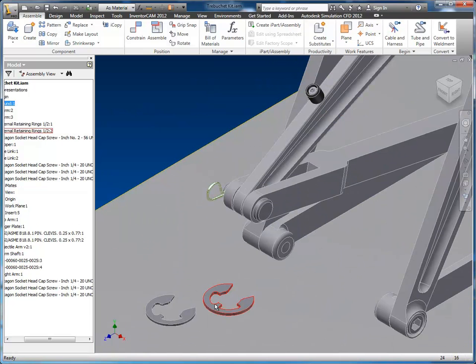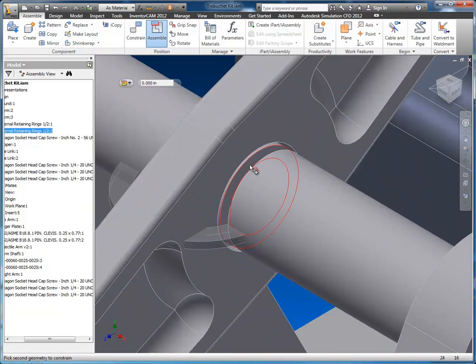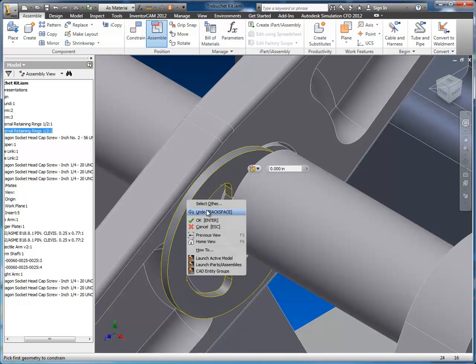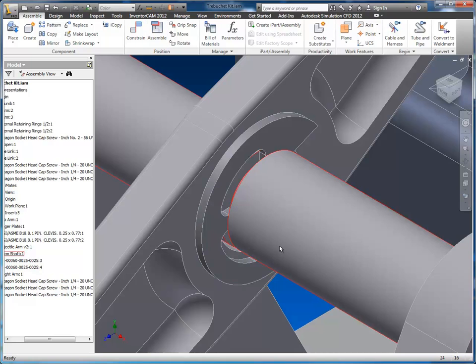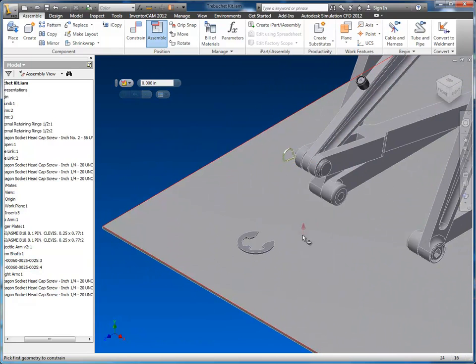Okay. Last but not least, let's go ahead and throw these pins in, these little C-clips in. They fall into this hole. I'm going to temporarily apply that. I'm going to select the center of this, select the axis that goes through the center of that pin, and I'm going to lock it there and hit apply. Whoops, helps if I hit the check button. There we go. Now I'm going to go back out and hit enter again, select this face,